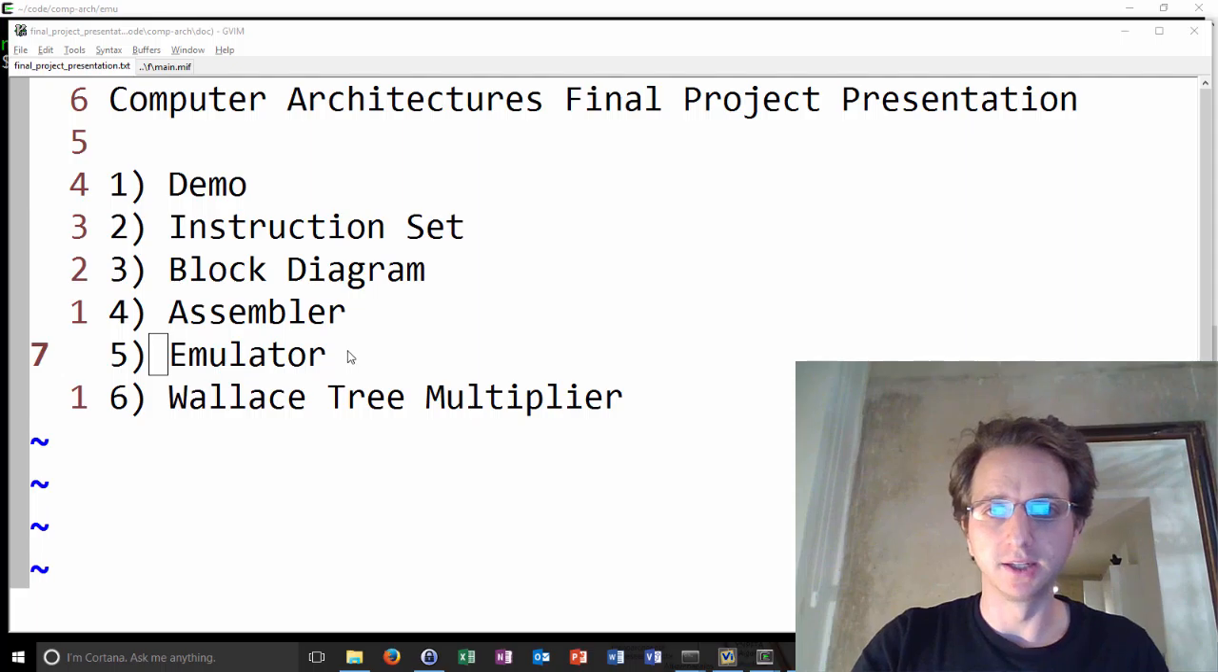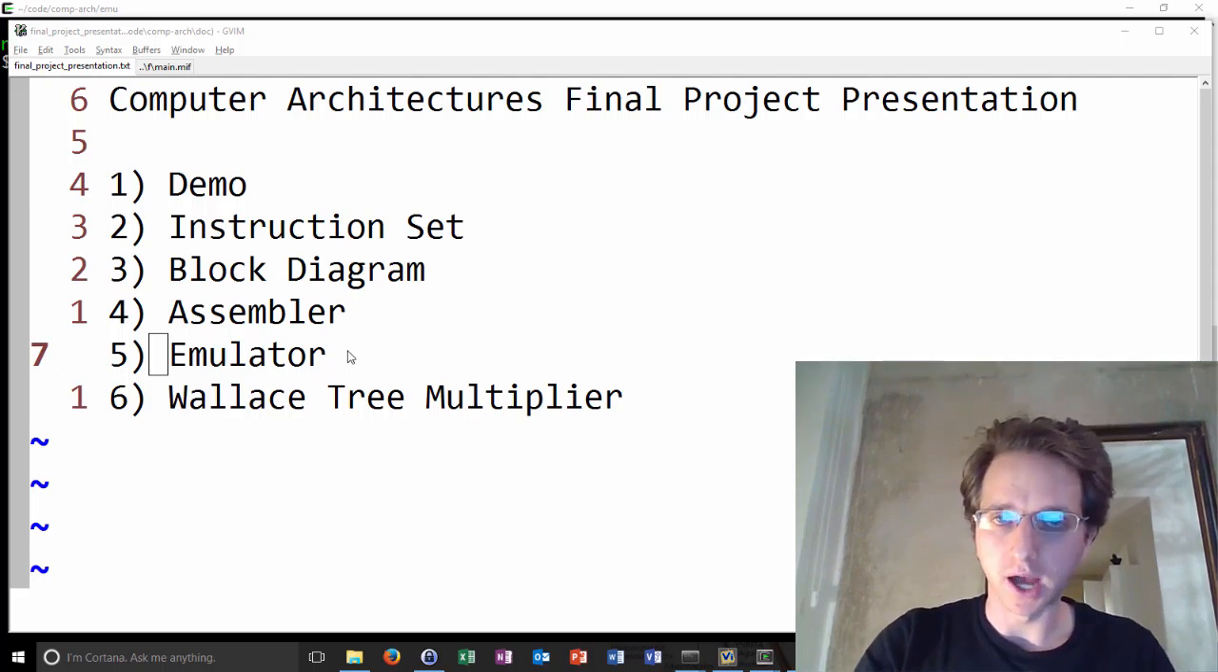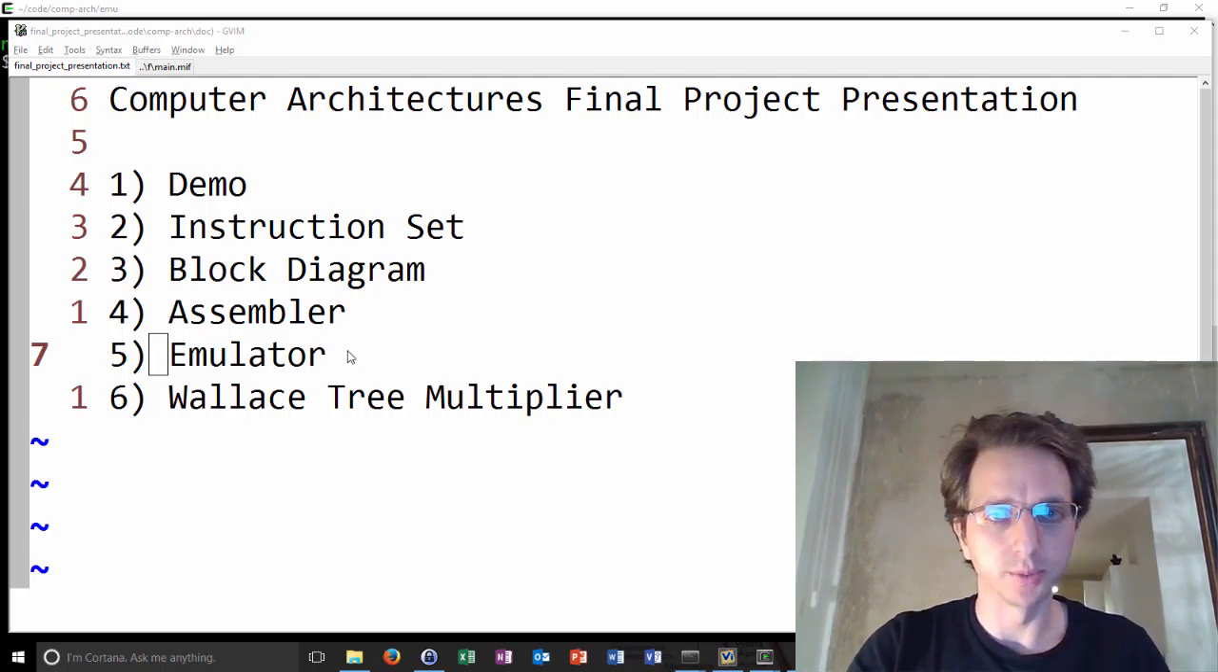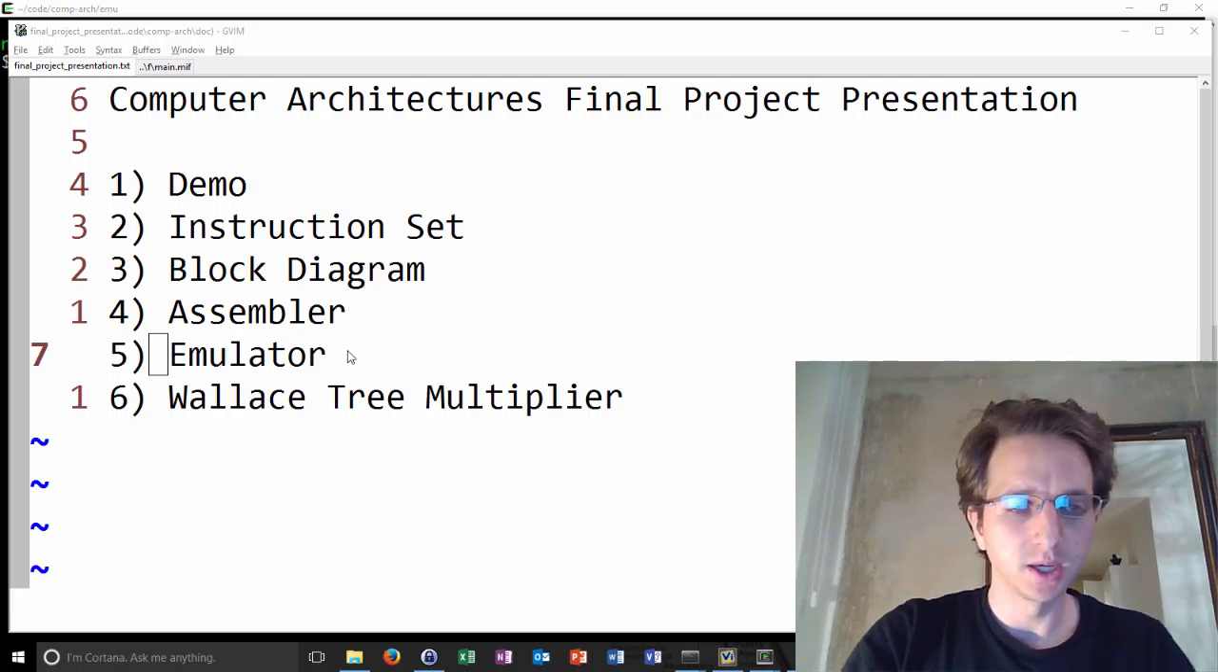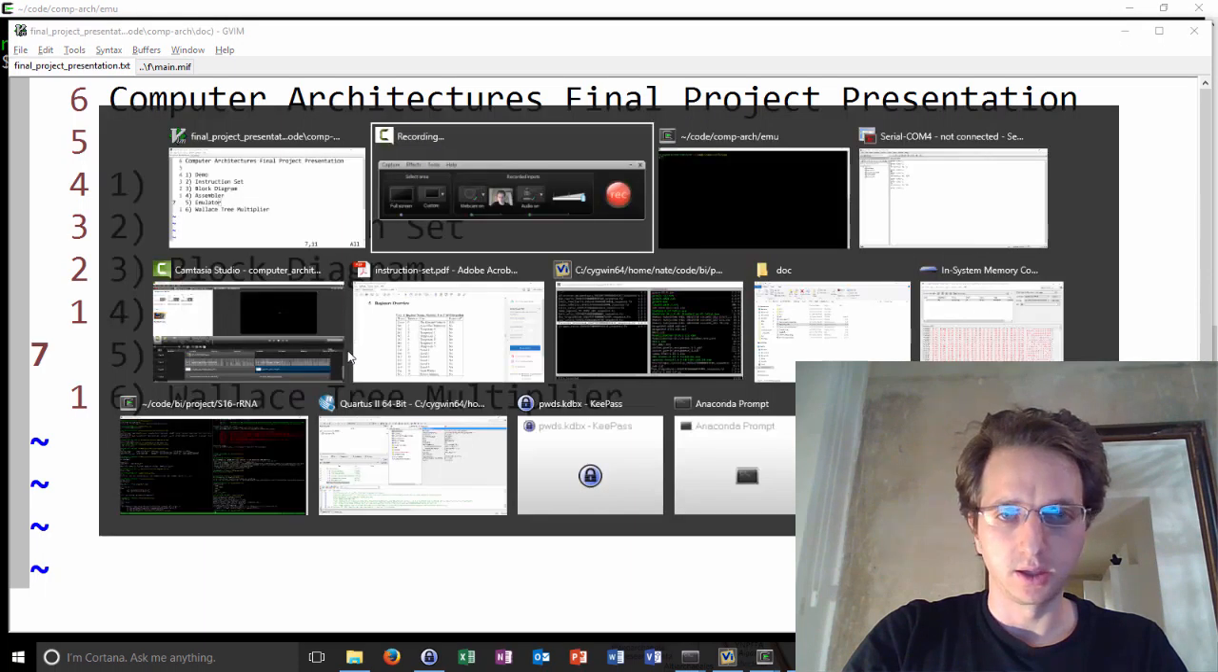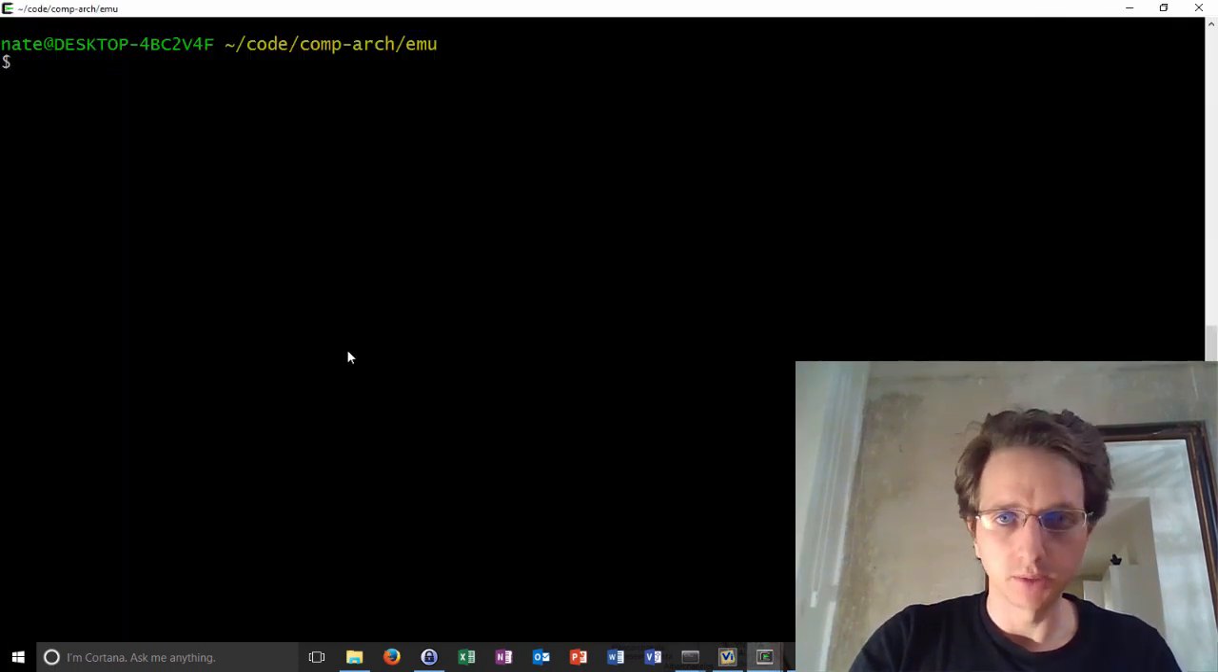So at this point, I'm going to jump ahead to the emulator, which I've set up to be almost like a primitive debugger. I'm going to show you some of the things that I've done, and it might be a little different than what other people did, but maybe not too. So I'm going to go ahead and run it,